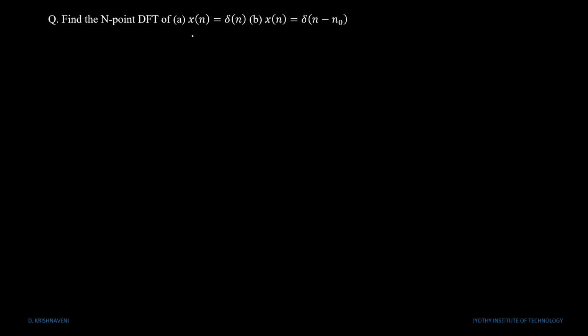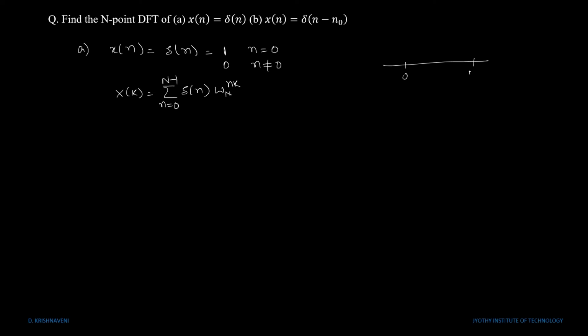Next we have to find out the DFT of delta of n and delta of n minus n naught. So we know that delta of n is the impulse function and it is 1 when n is equal to 0 and 0 for all other values of n. Thus, if we substitute this in the formula of DFT, that is summation n is equal to 0 to N minus 1, x of n, in place of x of n we will substitute delta of n, W_N to the power of nk. Here n ranges from 0 to N minus 1,